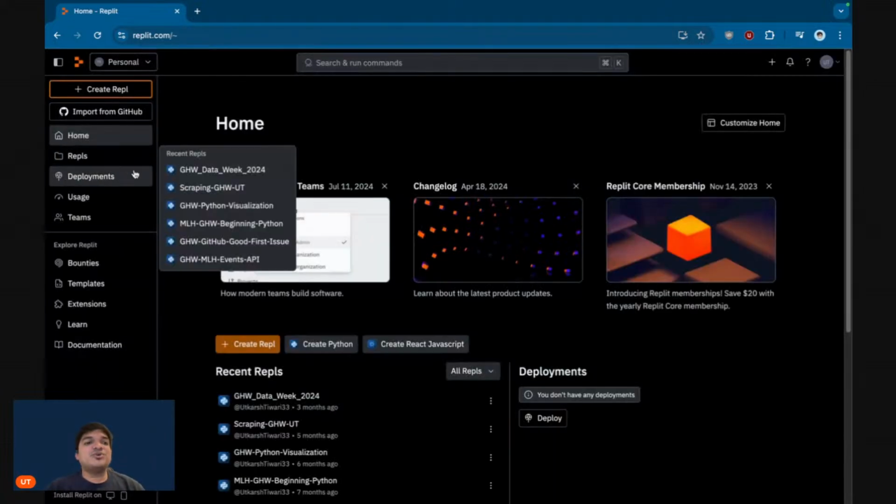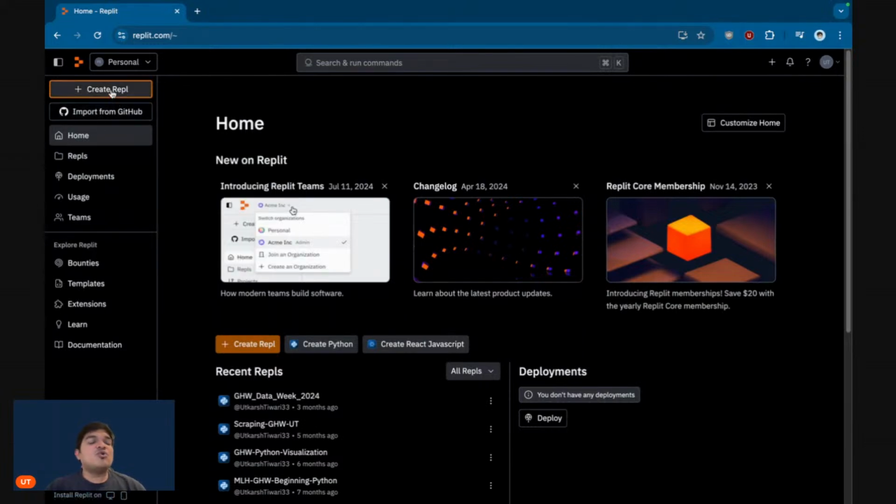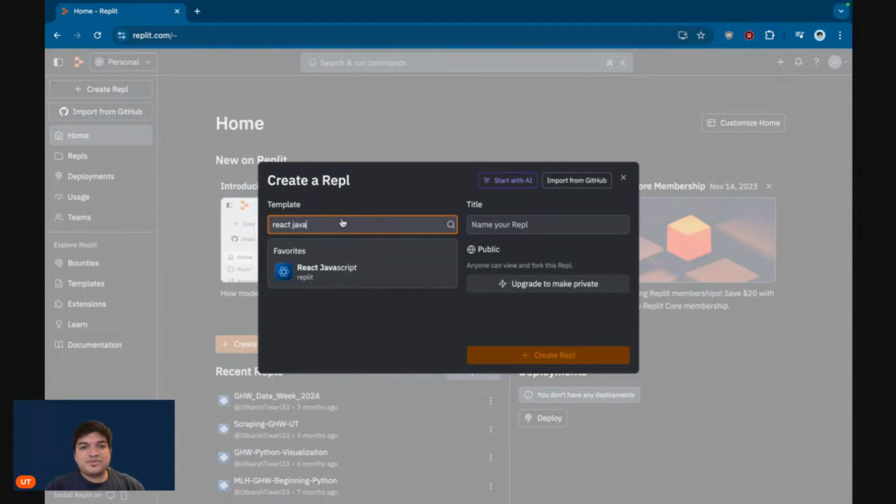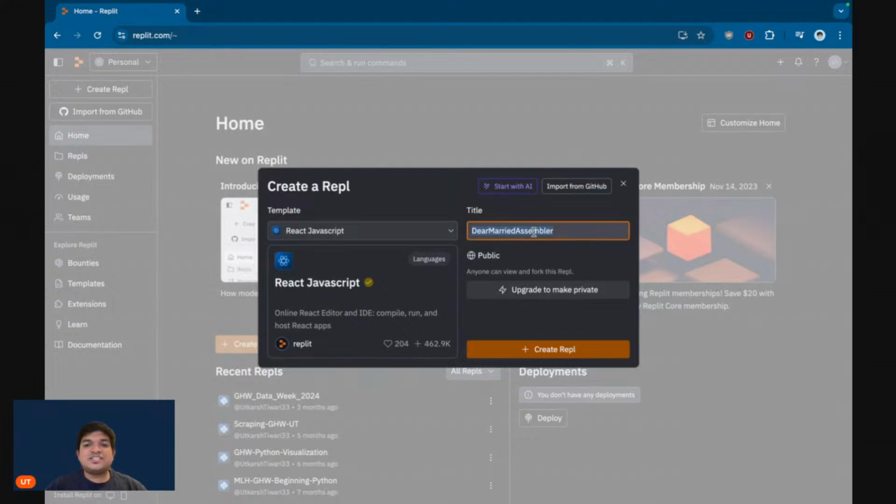Now, what you have to do is go on to create REPL, and search for React JavaScript. That's the one that we are going to use. You click on that. It gives it a title, a very weird title. So I'm going to give it a better title, which is GHW